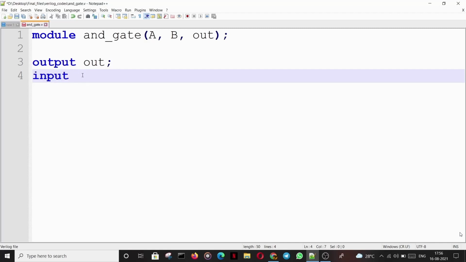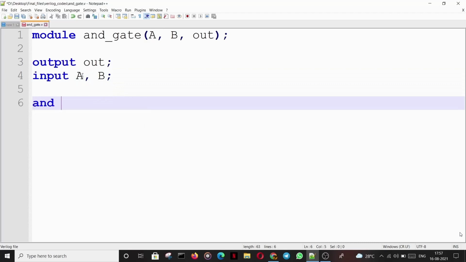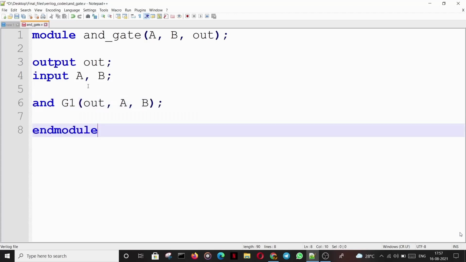You can use input even if you have multiple inputs. A and B are my inputs in the port list. Now, and space G1, out comma A comma B. There is no space between the words end and module as you can see here.